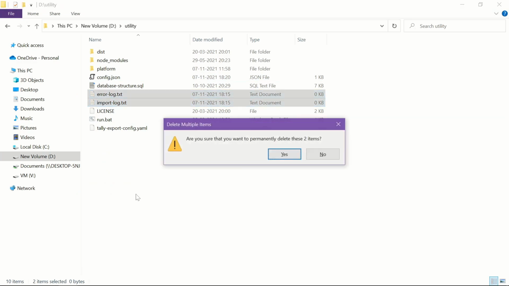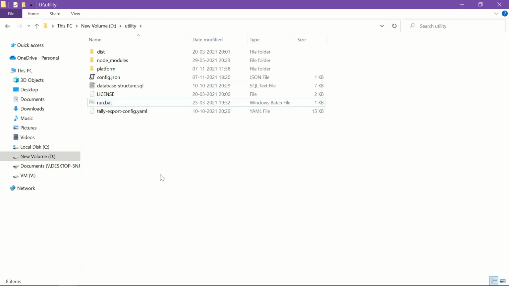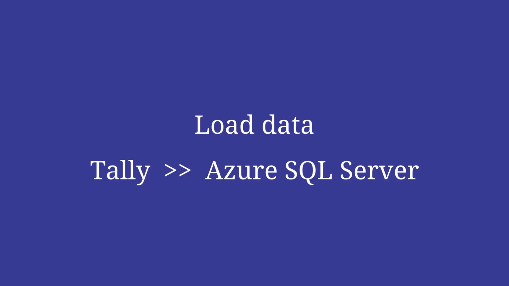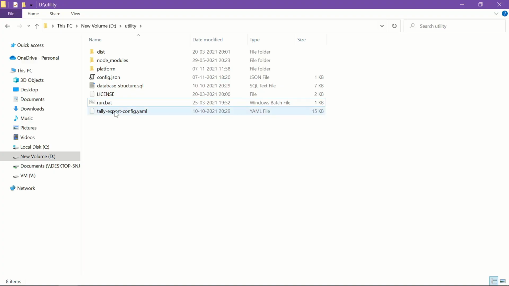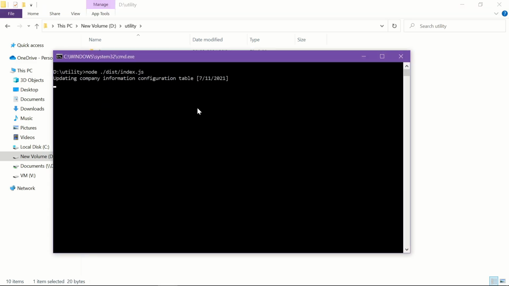So I'll delete this file so that I can get output. And let us click run.bat and see our data loading. Just click it. So this may take a few minutes. Let us wait for it. So I will fast forward the video.